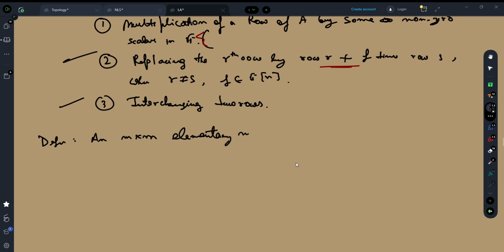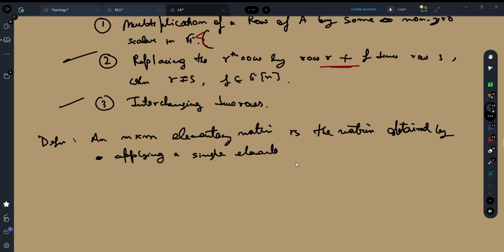Definition: an m cross m elementary matrix is the matrix obtained by applying a single elementary row operation to the m cross m identity matrix. Okay,